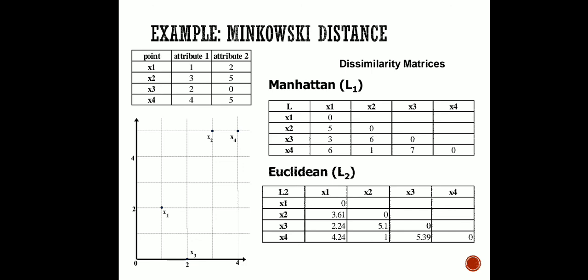But remember one thing, in most of the cases Euclidean distance gives a better result than Manhattan. If we consider this table of the Euclidean matrix, out of whatever data points are available, not talking about x1 comma x1, you can see here x4 comma x2 are more similar, and x4 comma x3 are least similar. So let us look at the graph to see whether it is resulting correctly or not. You can see here that x2 and x4 are lying very close to one another, but if you consider x4 and x3, can you see the distance between them?